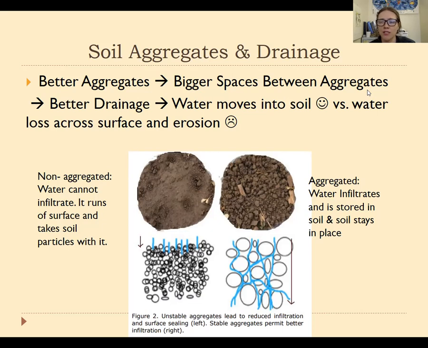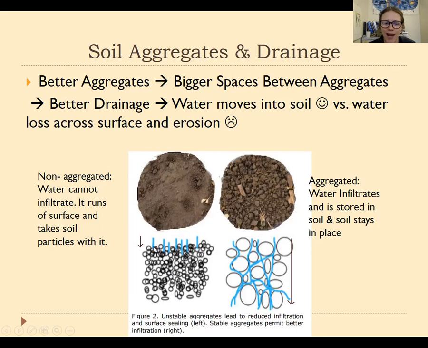We really want that soil to be able to act like a sponge, soaking up and moving water away from the surface to accommodate more water. And aggregates are the name of the game. So over here, in this example on the left, we have soils that are, again, not well aggregated. They're broken down into smaller pieces that are fitting more tightly together. So the higher density, lower porosity version, kind of like picture A that I showed you before.